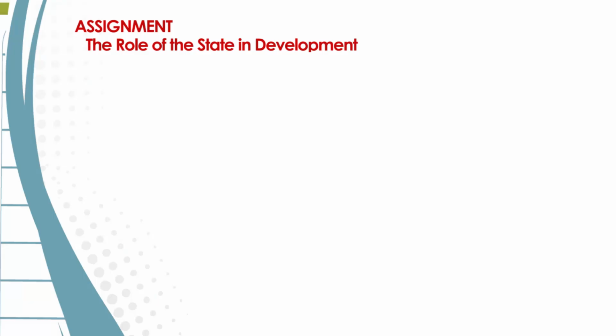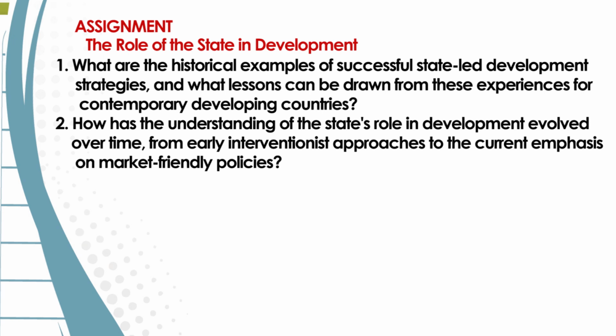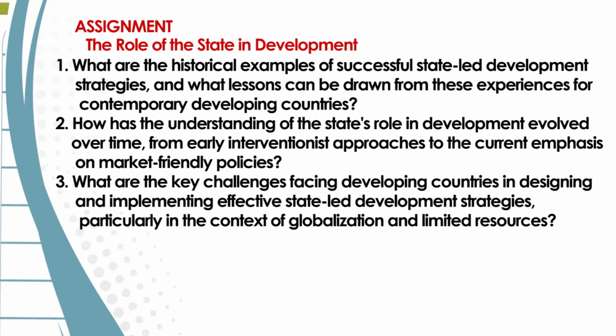Assignment. 1. What are the historical examples of successful state-led development strategies, and what lessons can be drawn from these experiences for contemporary developing countries? 2. How has the understanding of states' role in development evolved over time, from early interventionist approaches to the current emphasis on market-friendly policies? 3. What are the key challenges facing developing countries in designing and implementing effective state-led development strategies,